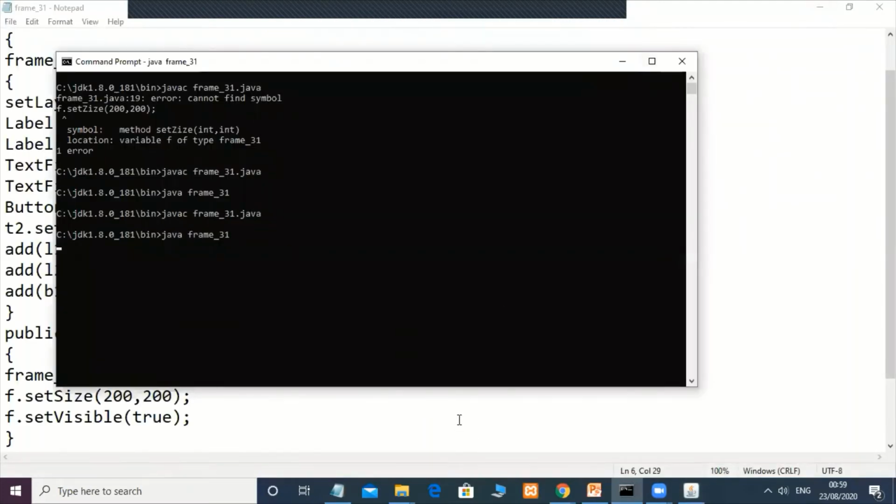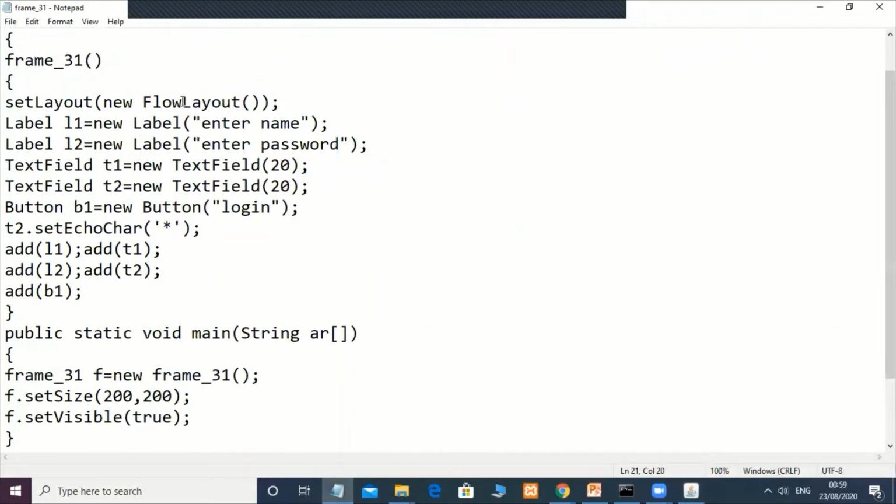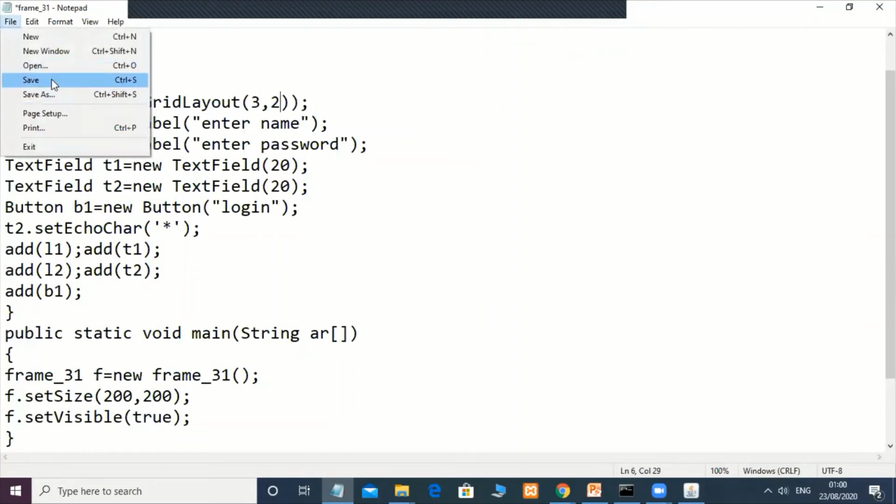If you want this in another format, because in a login screen first the name should be there, then after the name a password and then the button, we can go for grid layout also, which arranges in rows and columns. Suppose I am using 3 rows and 2 columns. So see, I will get output like this.